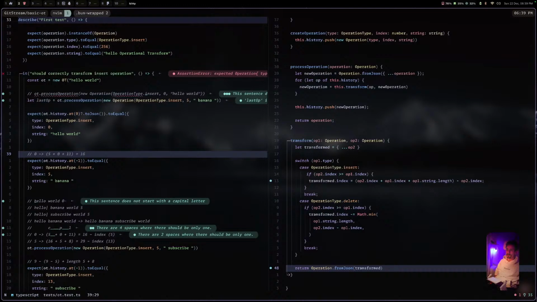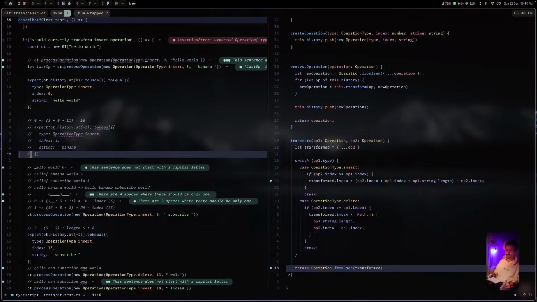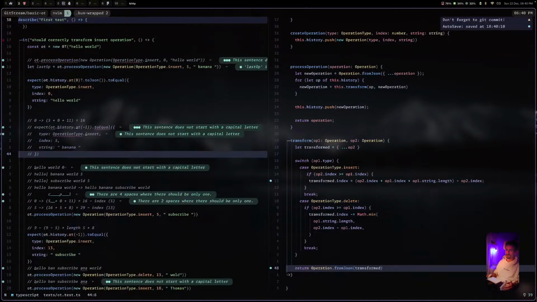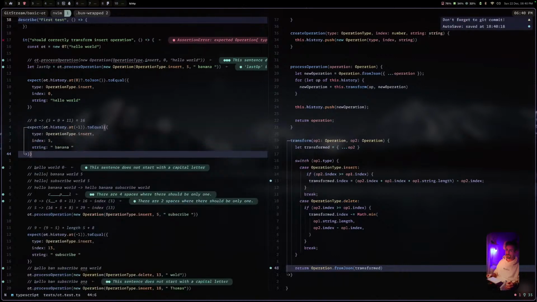So it doesn't count correctly for the first operation, okay? I guess if we do, for example, this and run it again, oh, okay, doesn't work. 19, interesting. So 19,